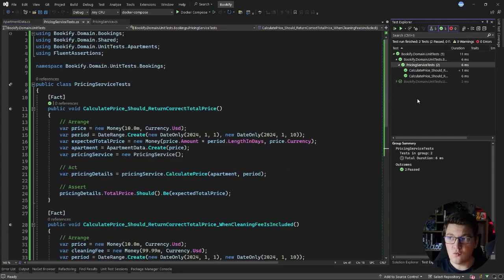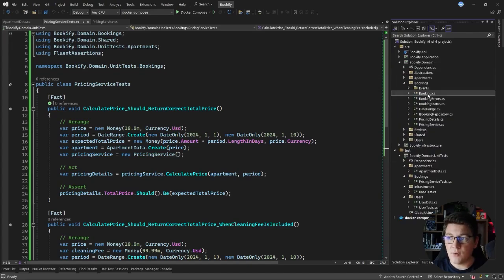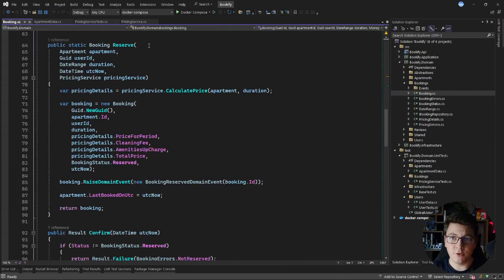I'm going to show you one more example for the domain layer. Let's open up our domain project, and I want to show you the booking entity. It has an interesting method called reserve, which is a factory method taking in an apartment, user information, the duration of the stay, and is going to perform the pricing calculation, create a new booking, raise a domain